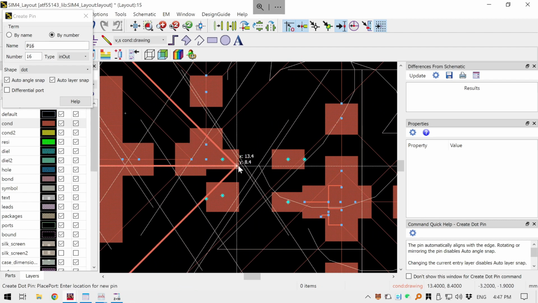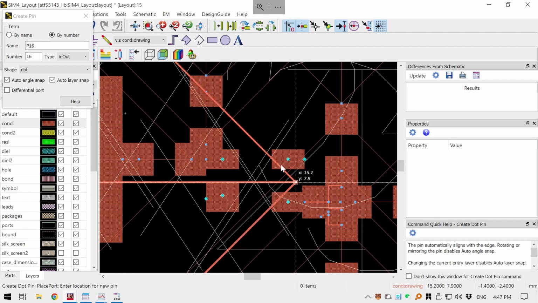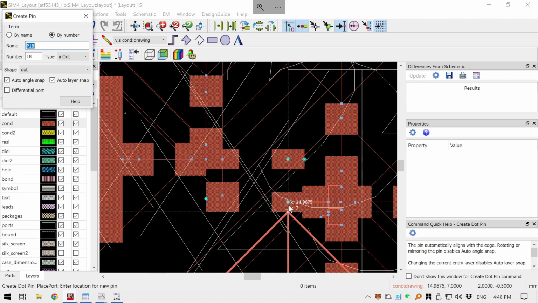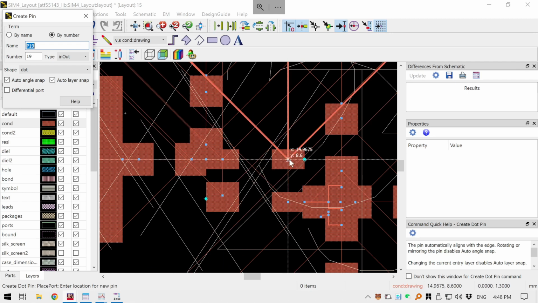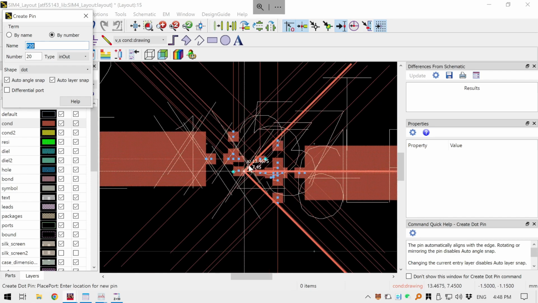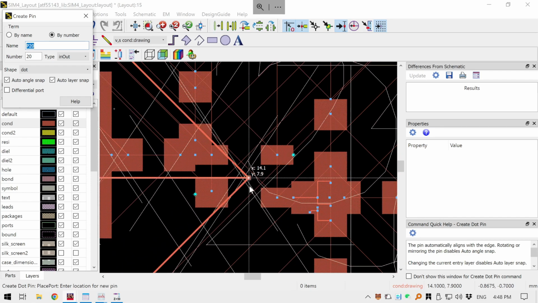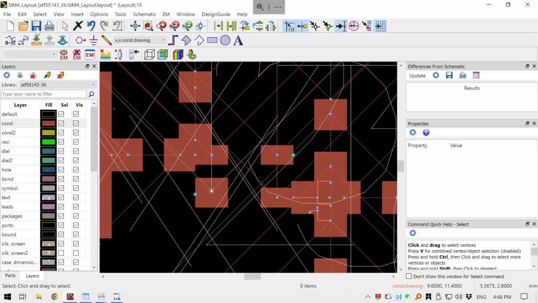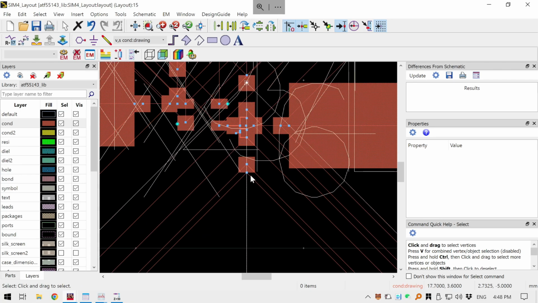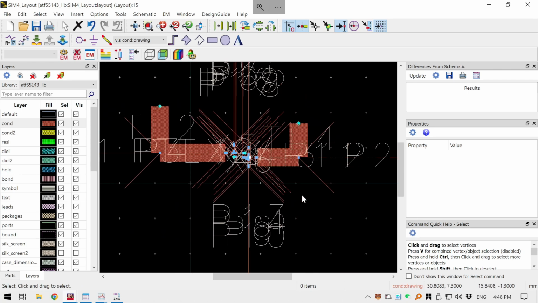And then 16 we can assign to the 4 ports of the pad of the transistor. So it's 16, 17, 18, and 19. So now in total we are having 19 ports of this layout. So basically one port in this layout is just one point of connection for our